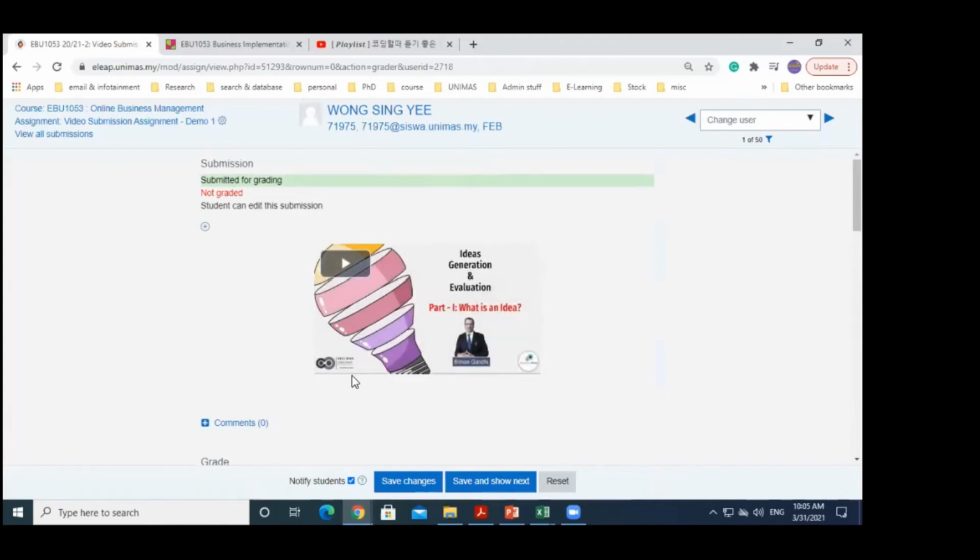So you don't need to click and then akan keluar pop-up lah ataupun dia bagi link Google Drive lah, you kena download lah apalah, tak perlu. So if you ask them to do like that, sambil you tengok video,